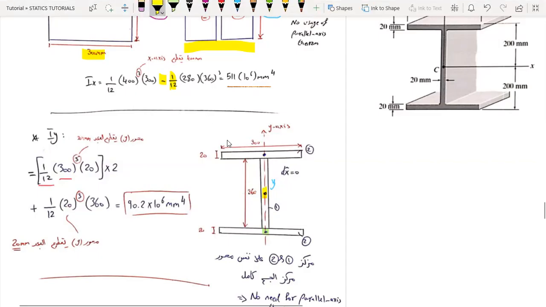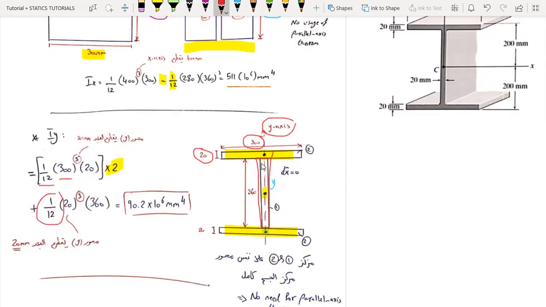Here, I'm starting with these two segments, so I multiply this by 2. And we are dealing now with the y-axis, Iy. Okay, so it's crossing this dimension, so it's cubed, multiplied by the other dimension, plus this part, which is 1 over 12,